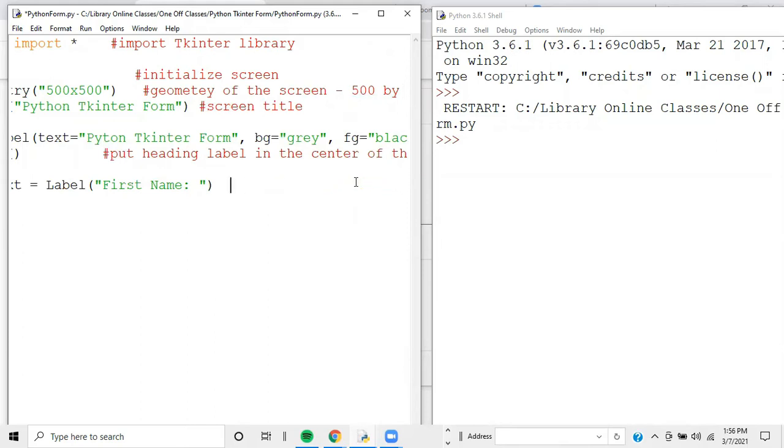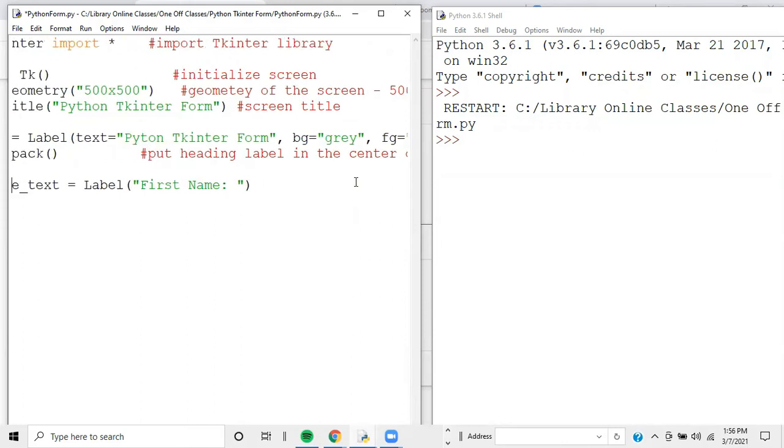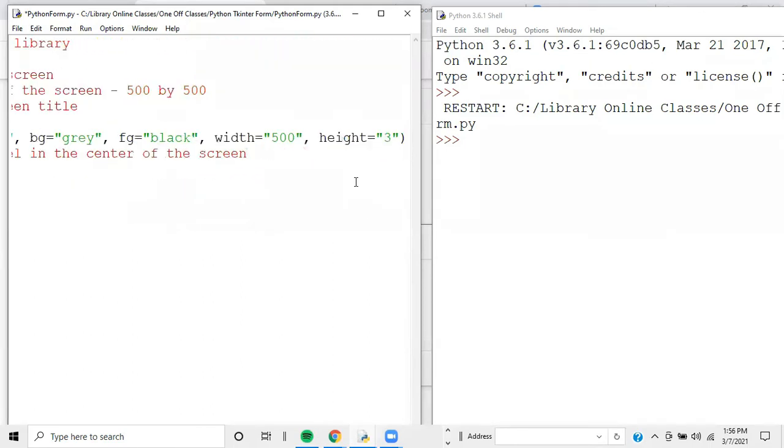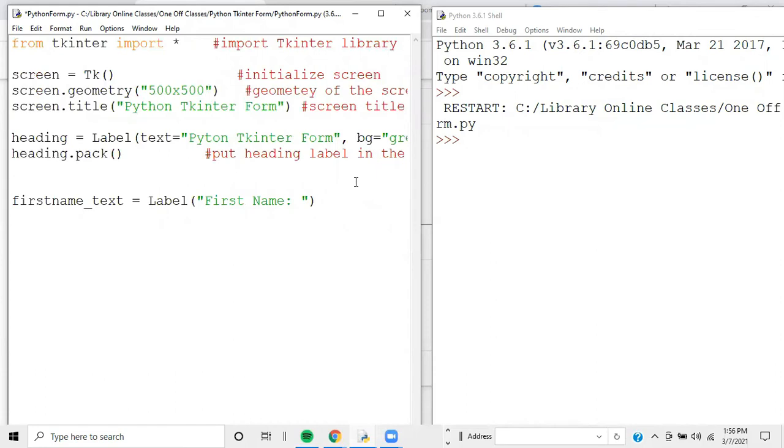All right, so I'm going to put this above these field labels. So we'll give it the comment up here: create field labels. All right, and then down below,